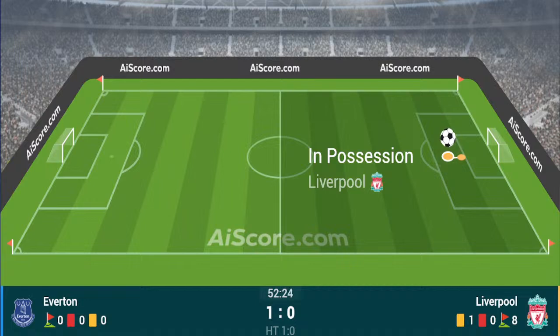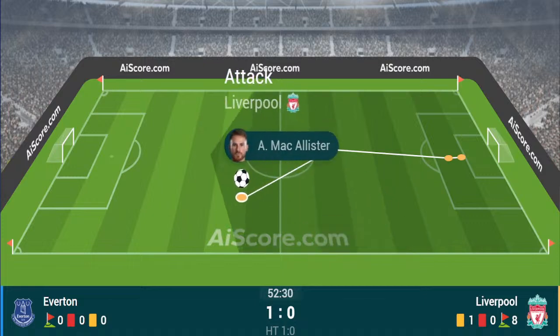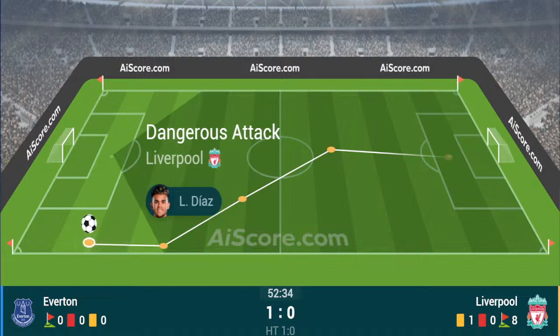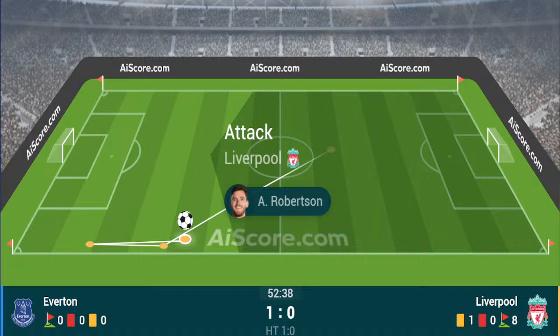McAllister out to Szoboszlai, edge of the area, plays it through, looking to thread it into the path of Salah. Cleared towards Szoboszlai again, goes back towards McAllister, steps infield, 25 yards out from goal. This is Curtis Jones stepping inside the penalty area, four blue shirts up against him. Curtis Jones has an effort on his left foot, comes off Ben Godfrey, and out for Liverpool's 8th corner